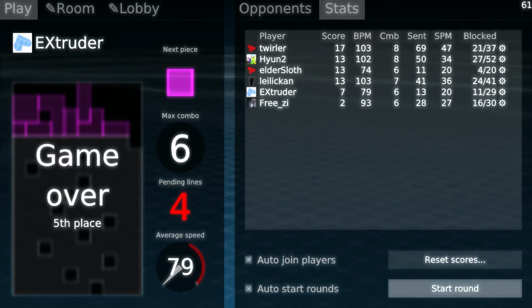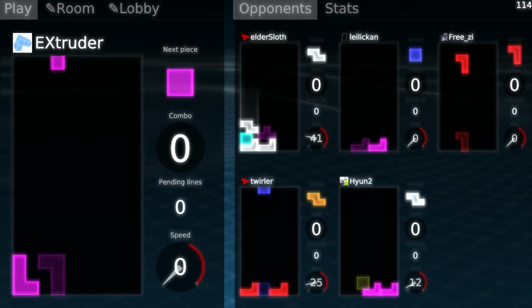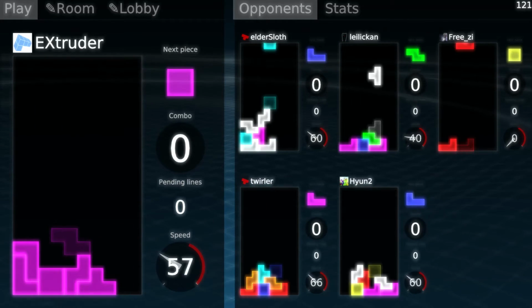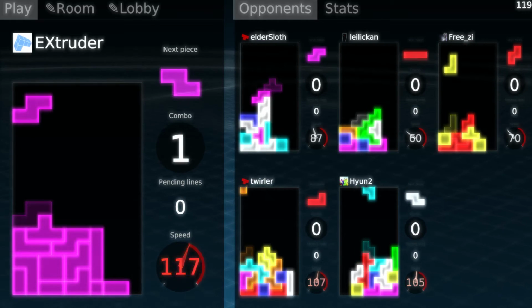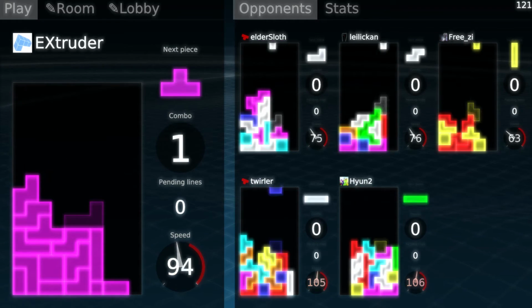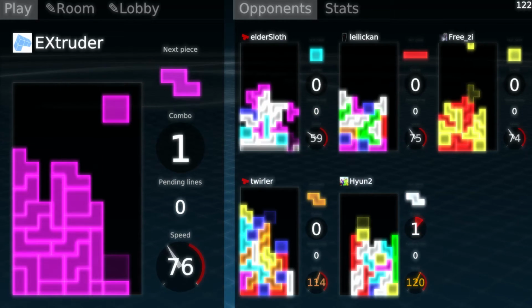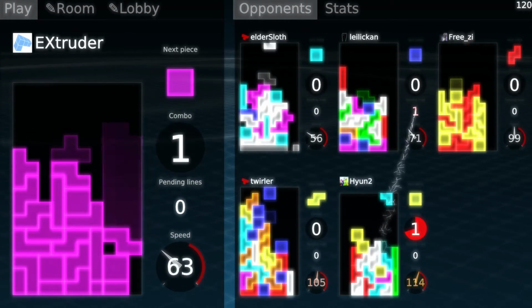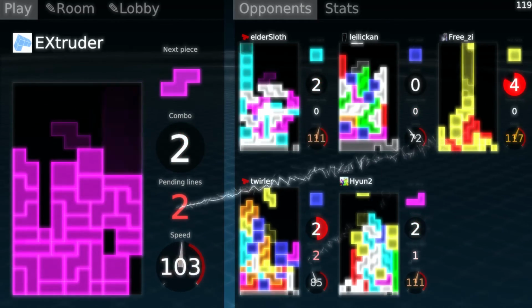And that means when you don't block your lines, you will send them to the enemy. And when you block your lines, the enemy doesn't receive anything from your combo. So you either pick an offensive or defensive approach to your combos. Alright, so